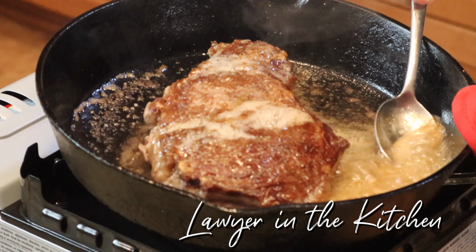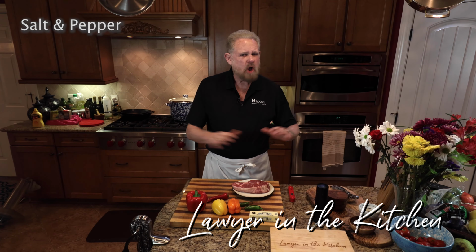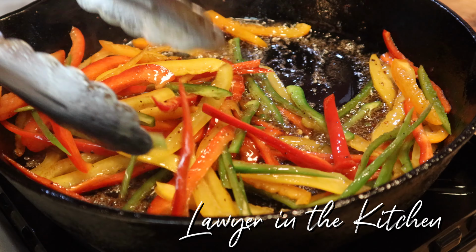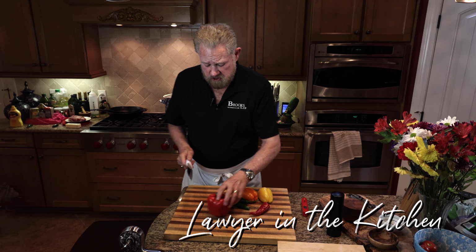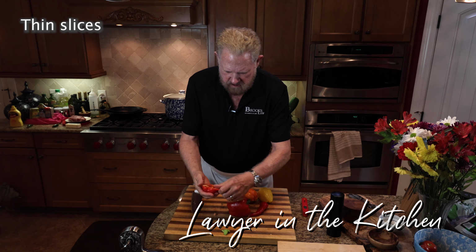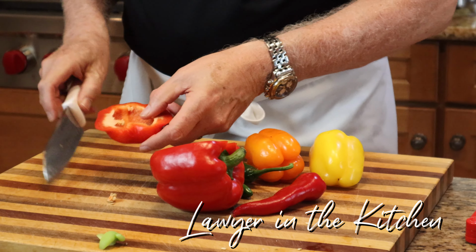Steak first, we're gonna cook it in an iron skillet, and we're gonna butter baste it. Just salt and pepper, that's all you need, the butter and the salt and the pepper, and then when you add the chilies at the end, we'll take the steak out, put the chilies in, it's gonna be fantastic. We want to cut the peppers up first, so that when we put the steak in, we're ready to go. And we want to slice these nice and thinly, and